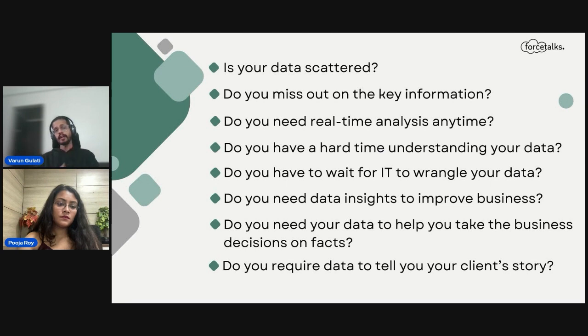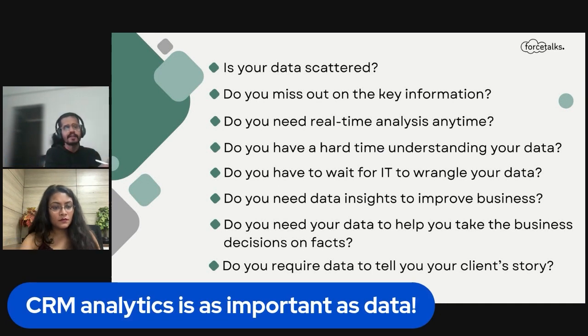I want real-time analysis on my data. How do I do that? I need to simply plug in CRM Analytics. Now, people will argue, why not Salesforce reports? Reports are good, can't deny. But what if you have more than four objects with a lot of relationships? Reports won't help there. And I need to understand my data, and as a business, I need an entire IT division to do it. I'll run some data cleansing exercises and whatnot. So why not have CRM analytics, which will guide me through that?